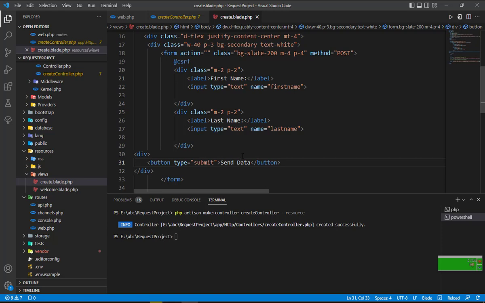And this also maybe has the same class. Control C, and here say Control V. This is our form for sending data. Now we need to create a new route for this. So I say